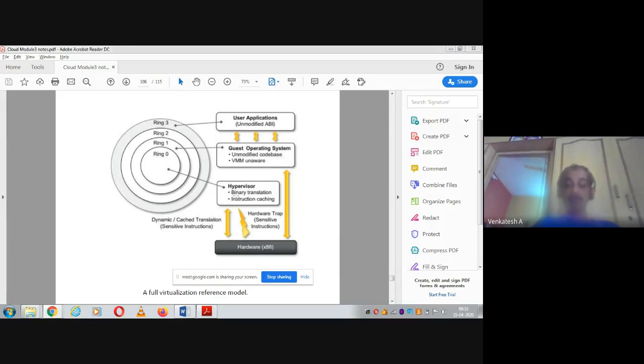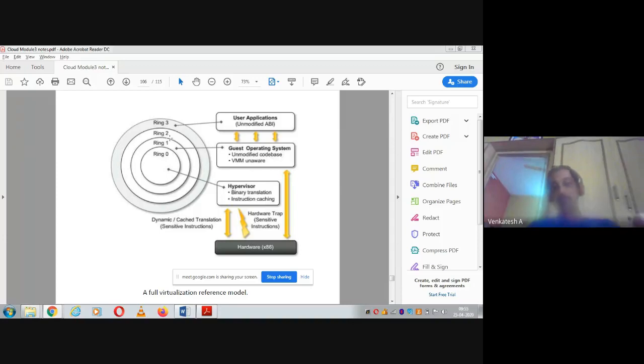That is the hypervisor, which will take care of binary translation and instruction trapping. And the guest operating system will run in ring 1 and ring 2. The guest OS will use both ring 1 and ring 2, and ring 3 is dedicated for the applications we install upon the guest operating system. For example, say you have developed some application and you are hosting it using the virtual machine. To host that, you have to install a guest operating system, and upon that you are installing it.